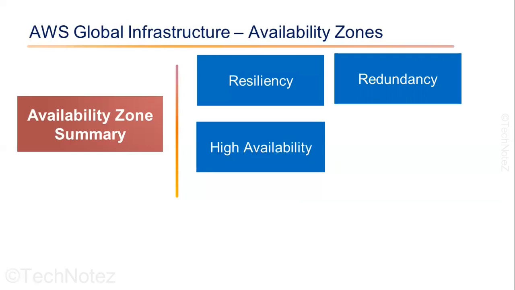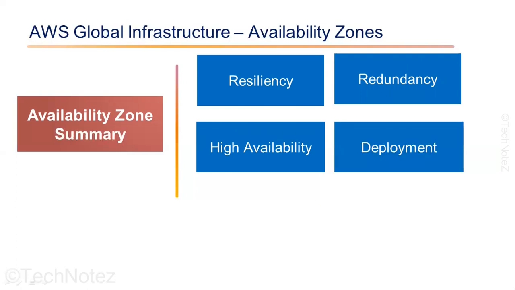High availability. AWS availability zones within a region are interconnected with high-speed, low-latency networks to enable data replication and communication between them. AWS availability zones are designed to provide high availability, and AWS guarantees at least 99.99% availability of your application. Deployment. AWS recommends designing your application to be highly available across multiple availability zones to ensure maximum uptime and fault tolerance. You can launch resources such as EC2 instance, RDS database, and Elastic Load Balancer in one or more availability zones to achieve high availability and fault tolerance of your application.